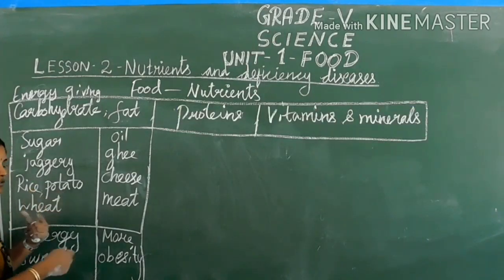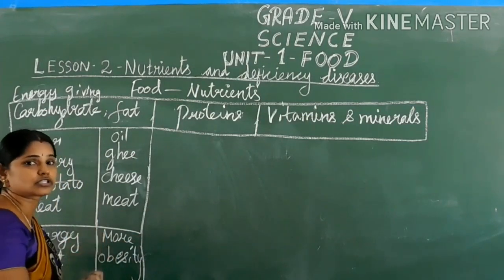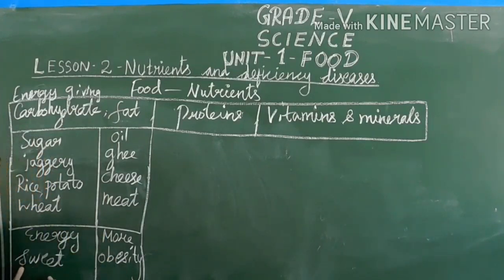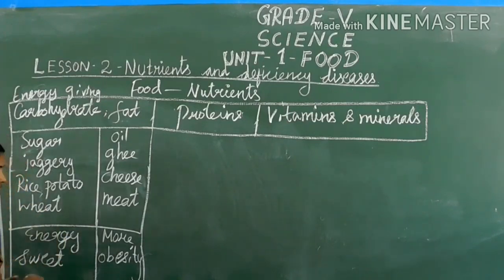Different kinds of food items are there. Means how can I find out which food item contains carbohydrates? By tasting the food you come to know whether it has carbohydrate or not. That means it gives a sweet taste. If you taste all these, you will get a sweet taste. Okay, rice, you could take as plain rice, it is sweet in taste. So by sweet taste we come to know that the food item contains carbohydrate, the nutrient that is very much needed